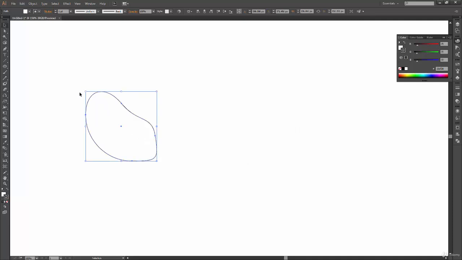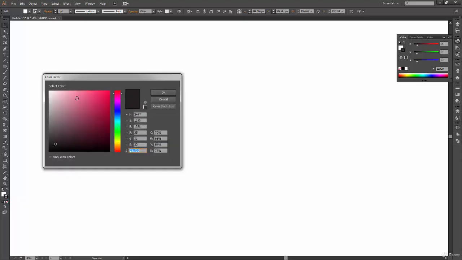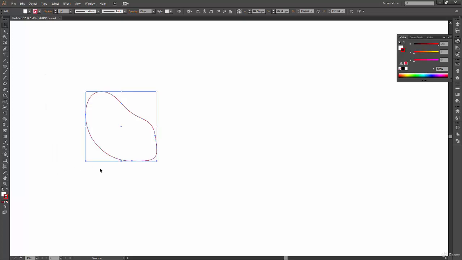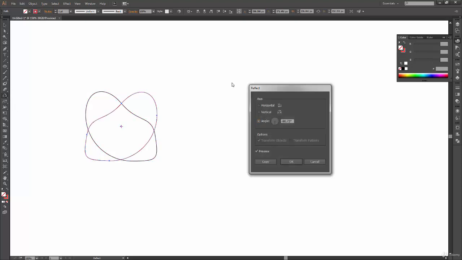So what we will do is we'll copy the shape and press Ctrl Shift V to have the shape pasted at the same place. And this time we will fill the outline color with red and have no fill in both of these shapes so that we can see through these shapes. All right. Again, double click on reflect tool to get this option window. And now you can see if I click on horizontal, then this is the line actually. This is the center line which is passing through both of the shapes. And along this line or along this axis, the shapes are being mirrored or reflected.